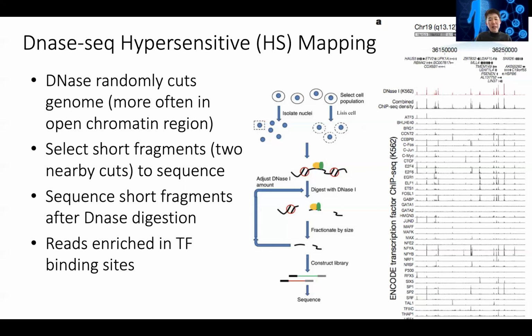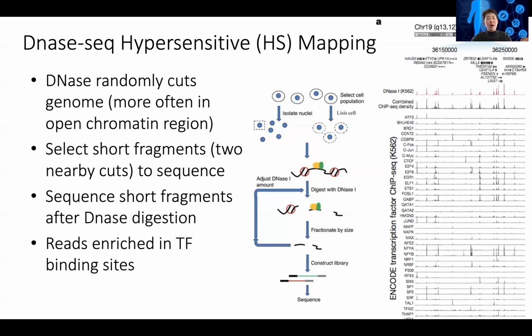And interestingly, when this happens, the DNase cuts the easy regions first, which are the open chromatin that is just accessible. You can imagine when you have a rubber ball, the inside is really difficult to get to, but the surface is easier, right? The open regions are easier to cut. And in this one, we also don't use a complete digestion. We use a very, very limited digestion. And so it will cut by chance, say, only every 12 or 20 kb, but then in these regions that are really open,